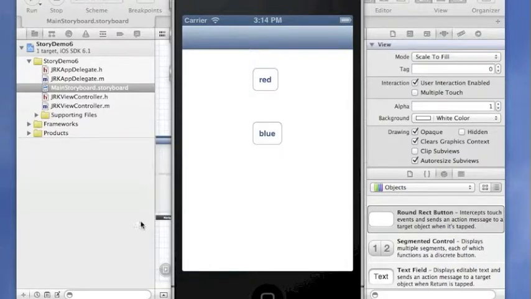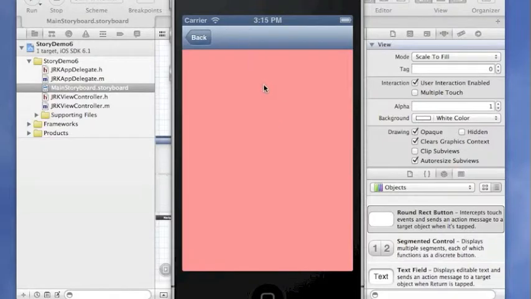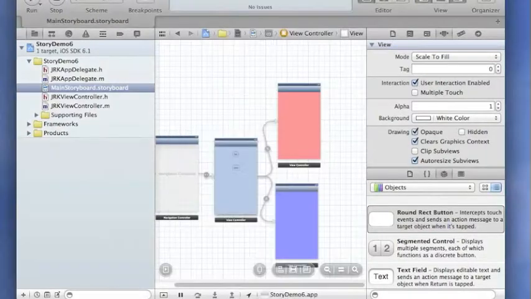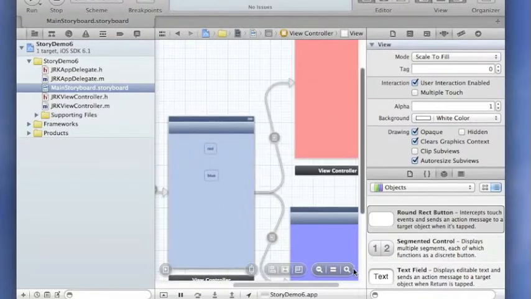This time we're going to try to add a model to our basic storyboard with a couple of view controllers. We have red hooked up and blue hooked up. And this is the basic storyboard. This button takes us to one, the blue button takes us to the other. Alright, so first we will add